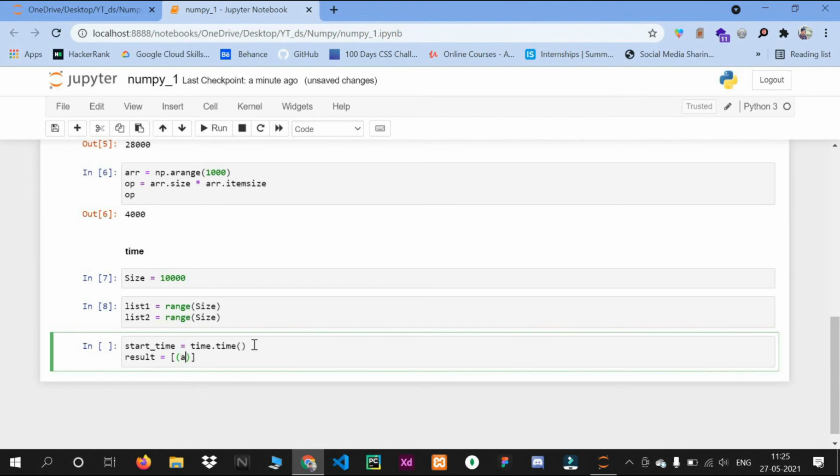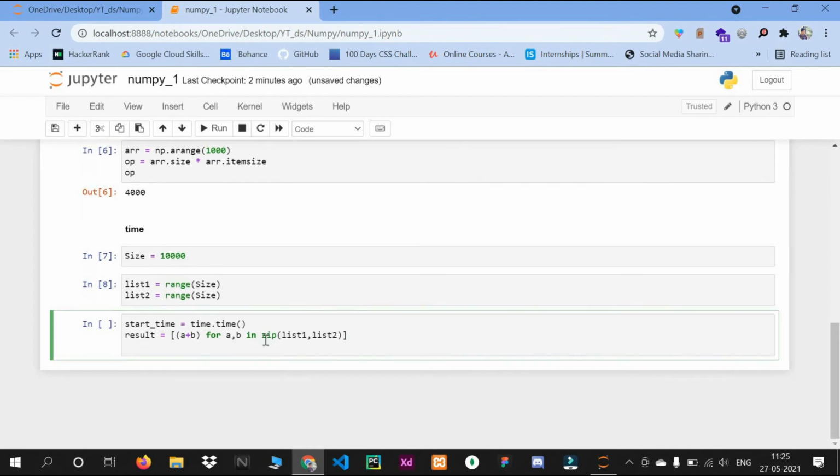So I will take a plus b for a, b in zip of list 1 and list 2. It will take our two lists and combine them, go through the for loop, and the values get added and give the result.